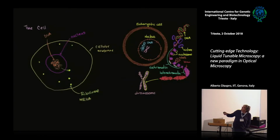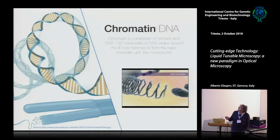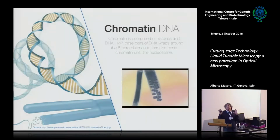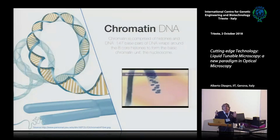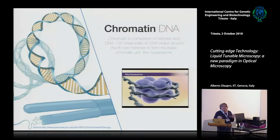I'm interested in a specific temporal window of the life of the cell, that is the interface that most of you know very well, better than me: the way DNA is organized within the nucleus. So I'm interested in chromatin DNA. Now, this kind of scientific interest fits very well with the multi-messenger microscope and is a sort of, let's say,